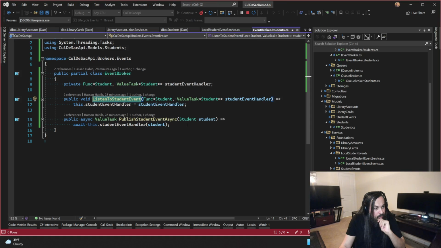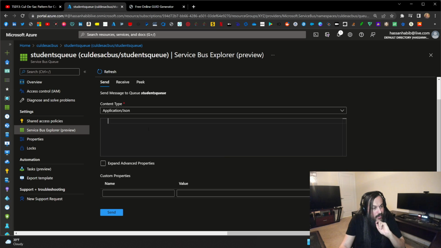That would be very possible. No, because you're basically going and saying when you publish, go ahead and call that event handler. I'm going to put a breakpoint in here and see. We're going to debug this together. You guys are in this with me now, so there's no going back.